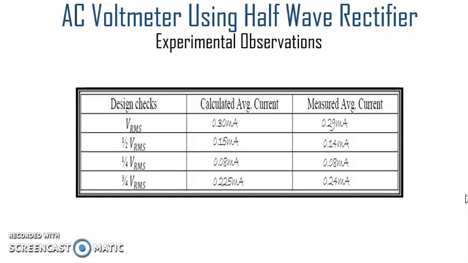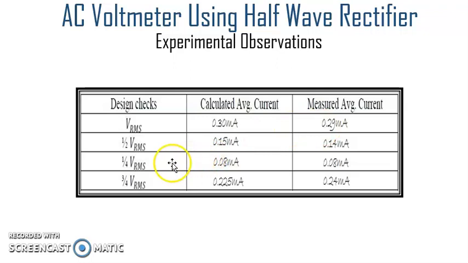We have made use of these values, and we have written them down in the table as VRMS. The calculated average current was supposed to be 0.30. This is the value which we have just cross verified. For the VRMS, for full scale deflection, the current should be 0.30, and it was 0.29 or